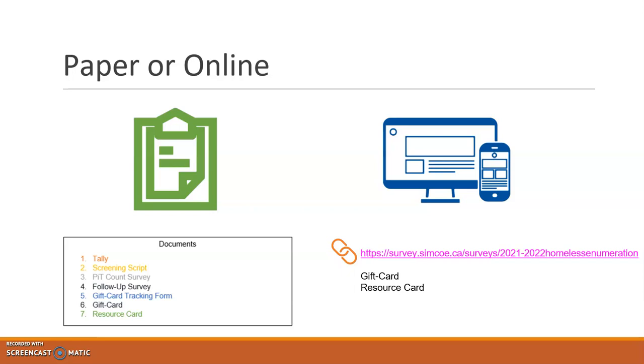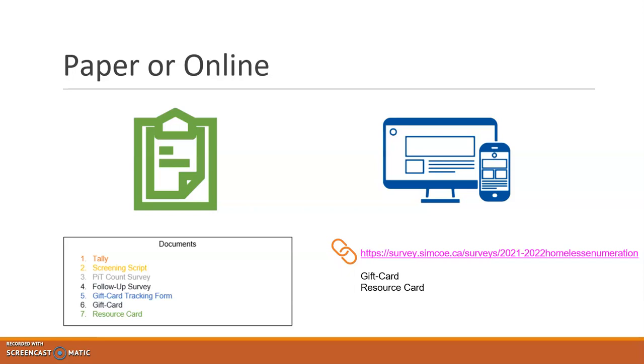Surveys can be completed either online or by paper, and the process varies slightly depending on which method you choose. Surveyors are encouraged to complete the survey online where possible as a safety consideration due to the COVID-19 pandemic. If the survey is completed on paper, there are 5 separate documents and 2 items required: the tally sheet, the screening, the anonymous questionnaire, and a separate follow-up questionnaire and the gift card tracking form, plus the gift card and